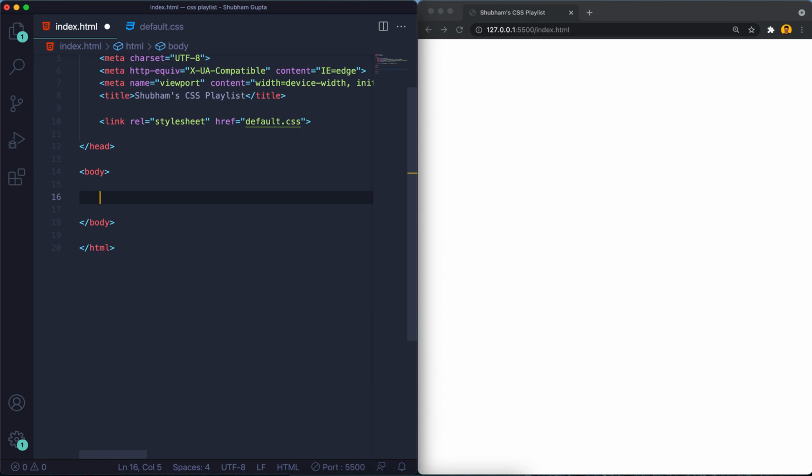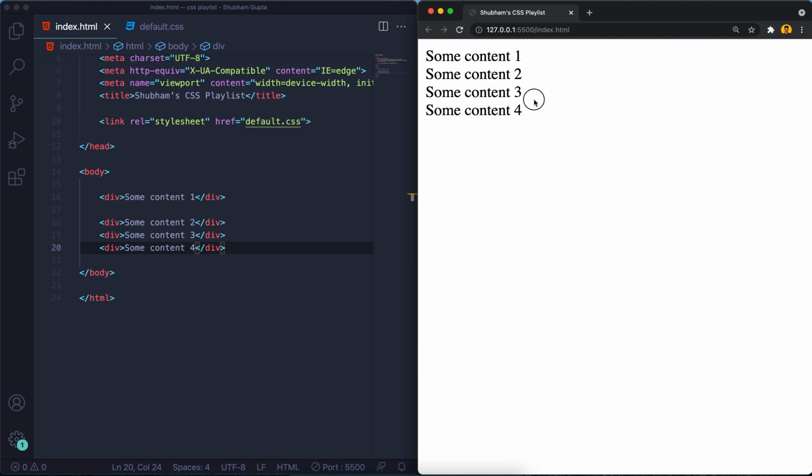For that, I'm just using a couple of things. Let's suppose I've created a div, and some content, content 1, and I just copy this a couple of times, content 2, 3, and 4.